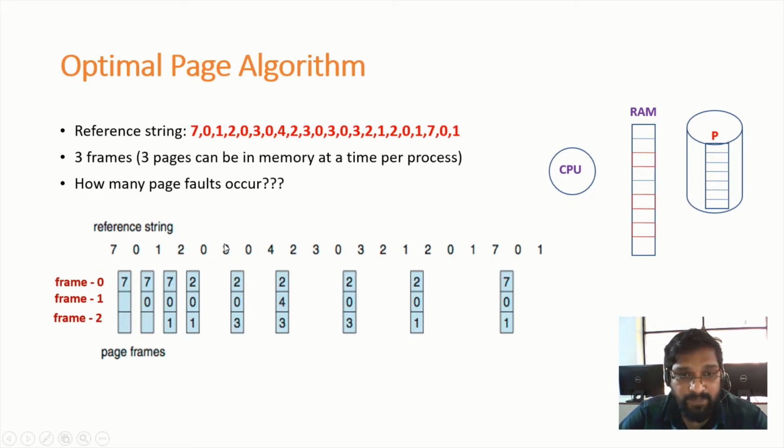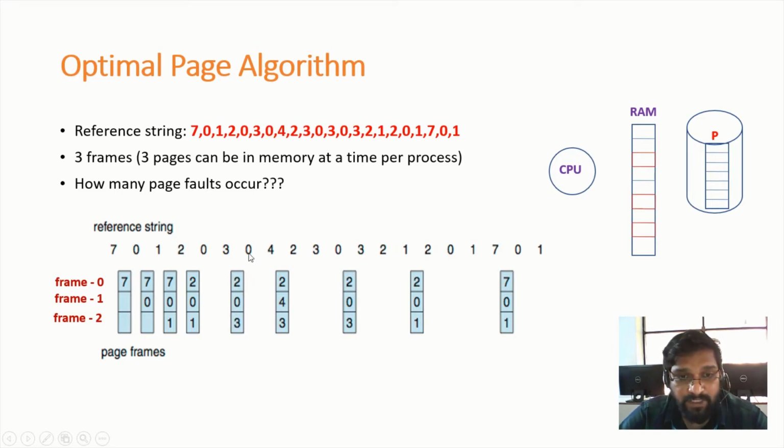The optimal page replacement algorithm says that we need to see the future. So beginning from 3, we need to see in the future which page numbers we require. We need page number 0, therefore page number 0 should not be replaced. Next we need page number 2, therefore page number 2 also should not be replaced. And the leftover is page number 1. So page number 1 will be replaced with page number 3. After replacing page number 1 with page number 3, the contents of the RAM will look like this.